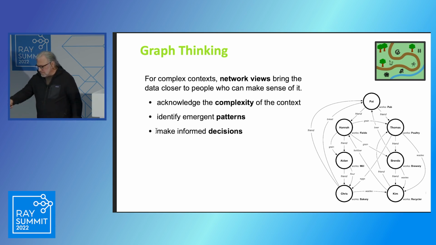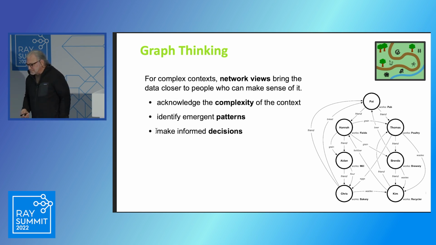Now, in the bottom right here, there's a small graph. And this is out of some of the larger talks, this is a medieval village. Pretend it's off in the Black Forest somewhere. There's 7 people. They each have some cottage industry. One of them works the wheat fields. The other one raises poultry. Another one runs a brewery. Another one runs a pub. But in the context of a small village, you definitely have the economic activity can be modeled by a graph,